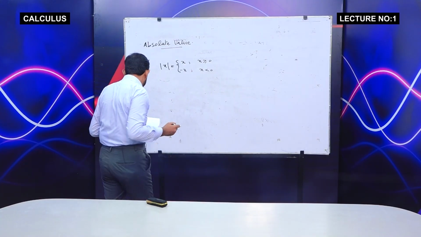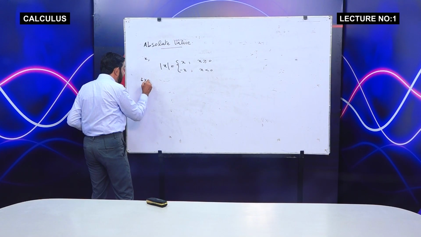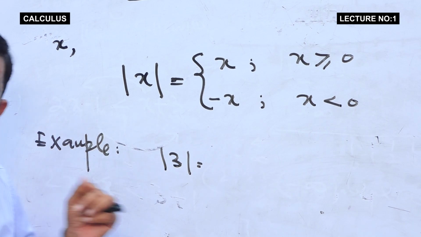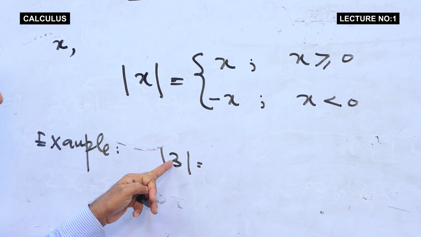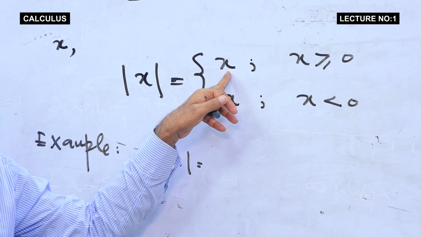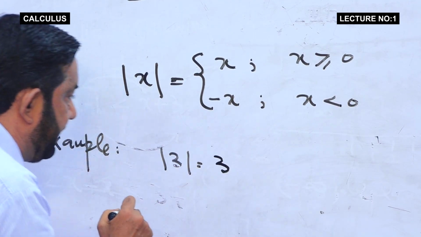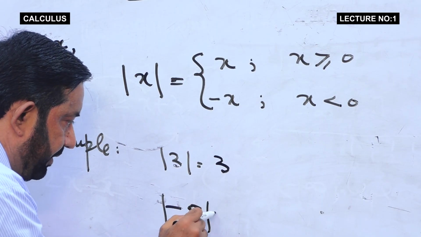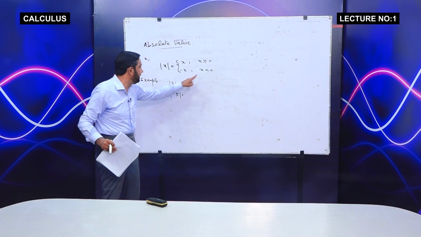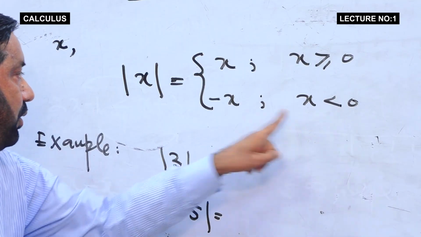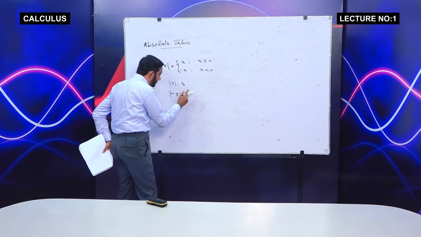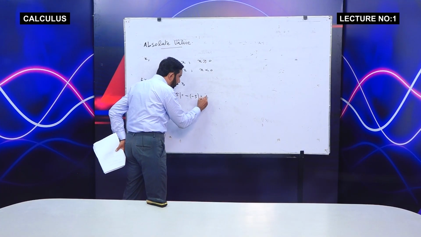इसका मतलब ये है कि मैं एग्जाम्पल आपको यहां पे दे सकता हूं। इफ वी हैव 3, तो 3 का एब्सोल्यूट वैल्यू, लुक एट द डेफिनेशन, x यहां पे रियल नंबर 3 है, और 3 ग्रेटर देन 0 है। अगर नंबर ग्रेटर देन 0 होगा तो वैल्यू वुड बी द सेम, तो 3 का एब्सोल्यूट 3 ही आ जाएगा। एंड इफ यू हैव -5, तो -5 की एब्सोल्यूट वैल्यू क्या होगी? x यहां पर -5 है और -5 लेस देन 0 है। लेस देन 0 नंबर हो तो उसके साथ नेगेटिव आएगा, मीन नेगेटिव ऑफ x, यानी माइनस ऑफ -5, सो आंसर वुड बी 5।